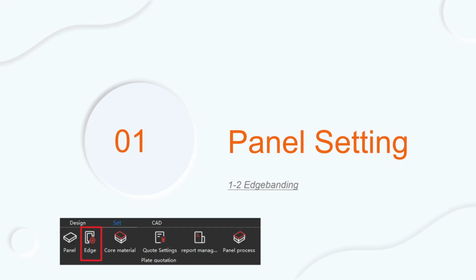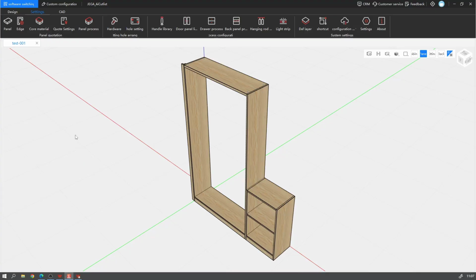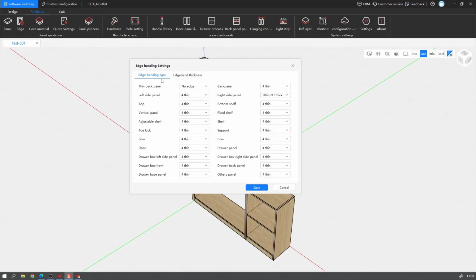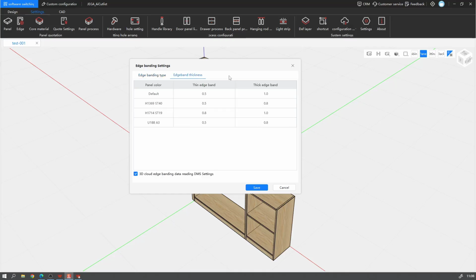Now let's talk about the edgebanding setting. It is at the top part, setting, the second one. The first one will be about the edgebanding type. You can come here to set the edgebanding type for the cabinet you add in the JEGA AiCutlist. You just click here to set the edgebanding type for each panel. The second one is the edgebanding thickness. You can come here to set the edgebanding thickness for different types of panel color. You just double left click to change it,